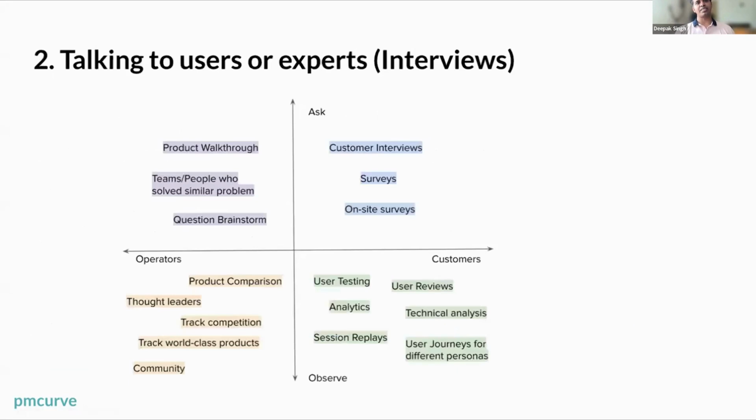They participate in surveys. But again, there are always solutions to things, which is that you can always talk to users or experts, right? This is from one of the articles of Growth Catalyst, where I talk about how to generate ideas for experimentation. It is about asking your customers, observing your customers, asking operators or experts, and observing operators or experts, right?